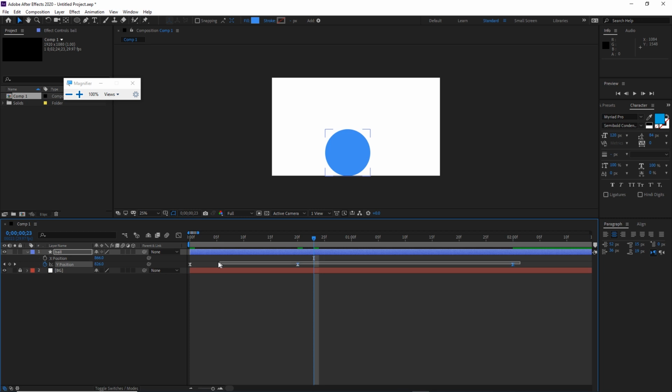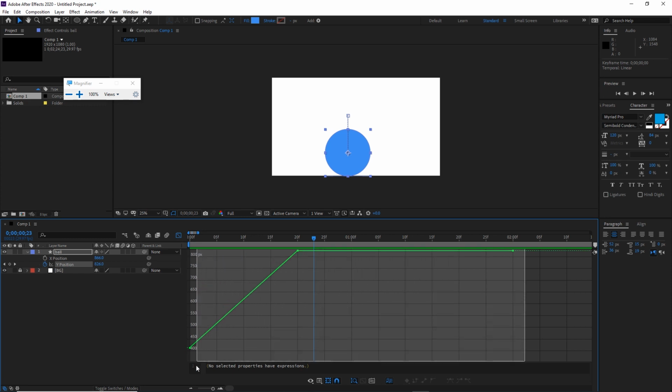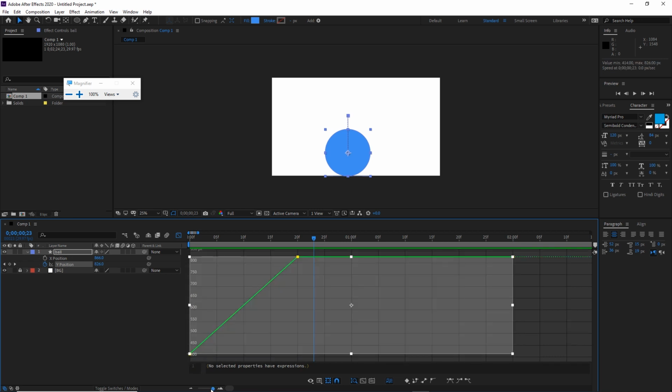So I am going to highlight them, and I will Control-click or use the make command on them, and they are again going to be linear, which means that I am going to have the straight line like so. And right now what I can do is highlight my keyframes, and I can either highlight them in this graph editor, or I can go outside of the graph editor and highlight them like the normal keyframes. But nevertheless, if I highlight them like so, and I'm going to hit F9,